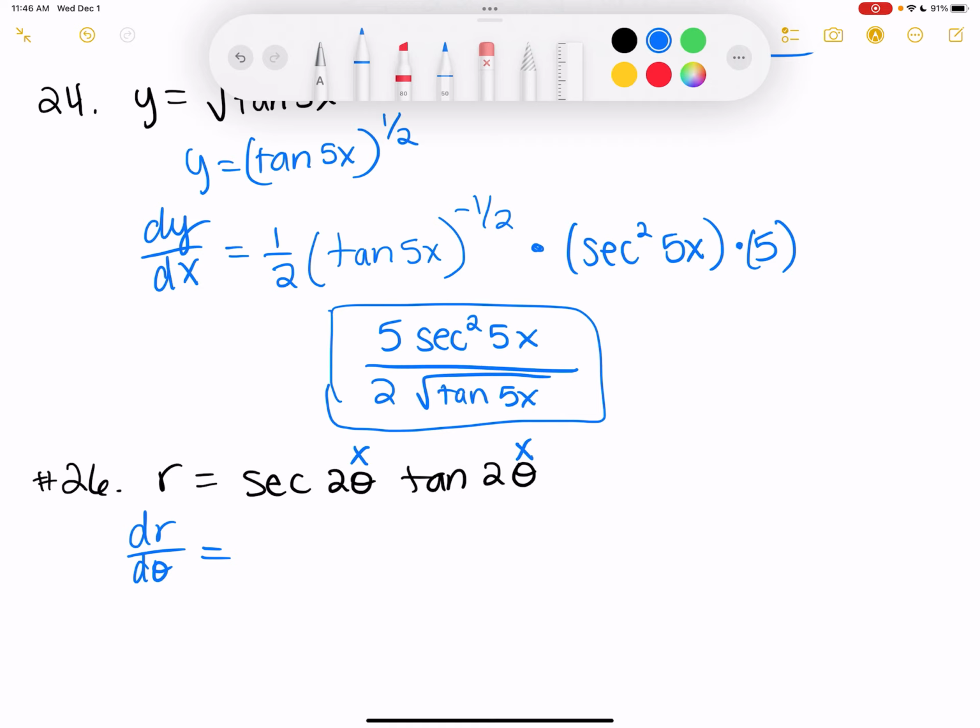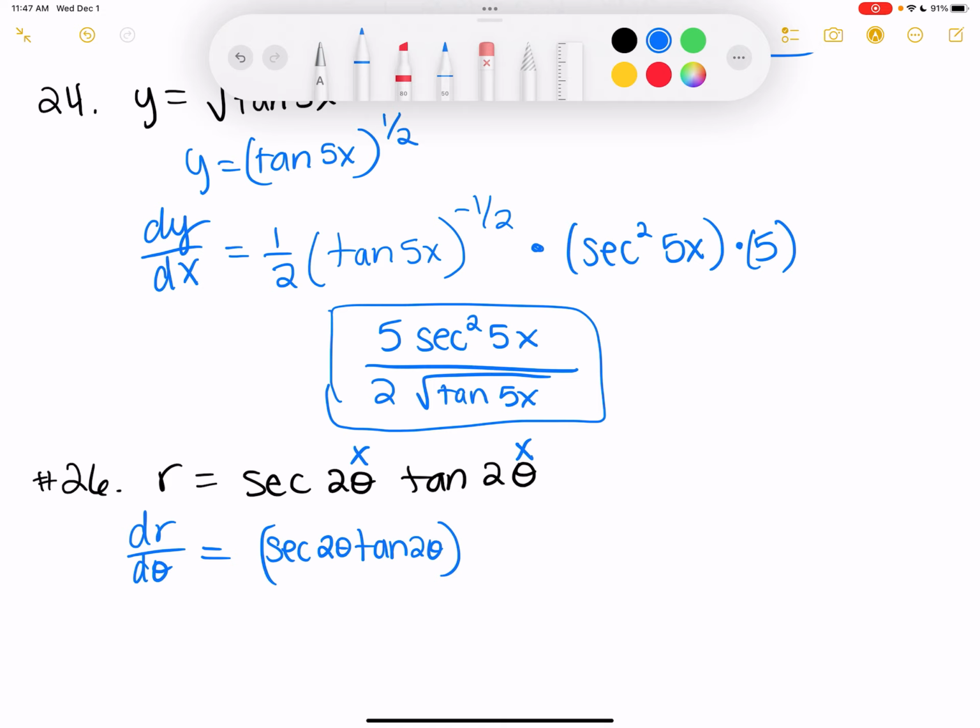So the derivative of the first, so the derivative of secant is what? Secant tan. Yep. So it's going to be secant of 2 theta times the tangent of 2 theta